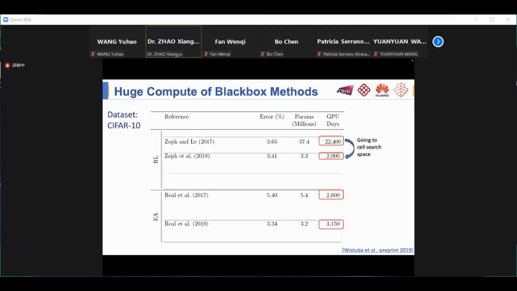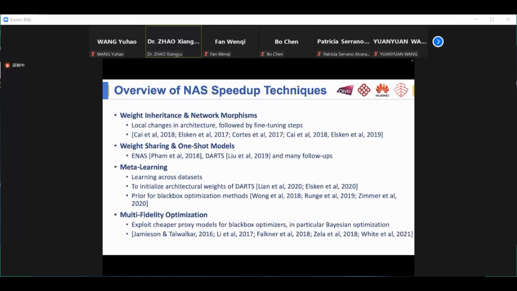So next, I will talk about the speed up techniques for NAS. And there will be 4 types of techniques here. And today I will introduce the first 2 due to the limited time. And the first one is the weight inheritance and the network